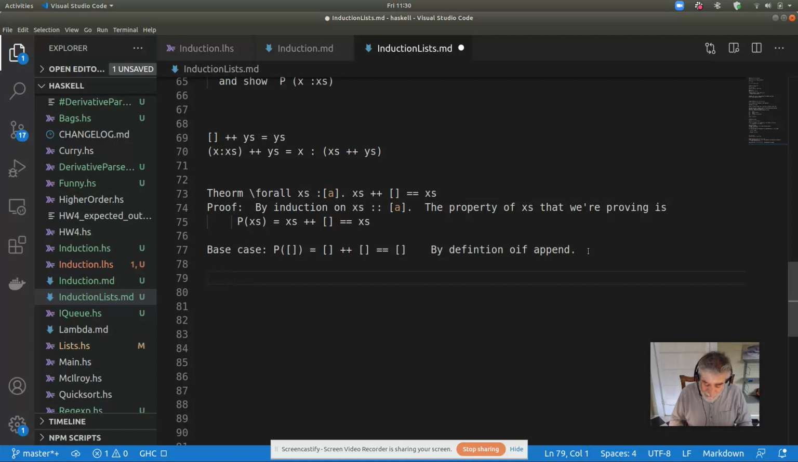So the induction step is: assume that P holds for some arbitrary xs. For arbitrary x of type A and arbitrary xs of type list A, assume, and this is our induction hypothesis,